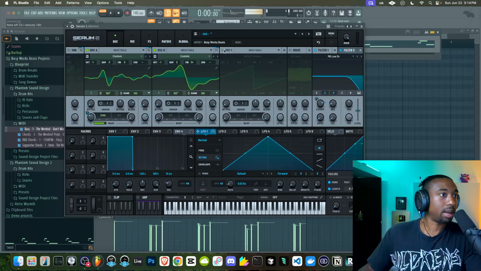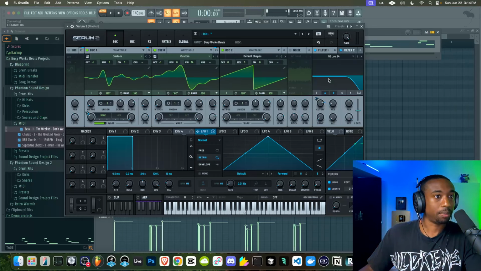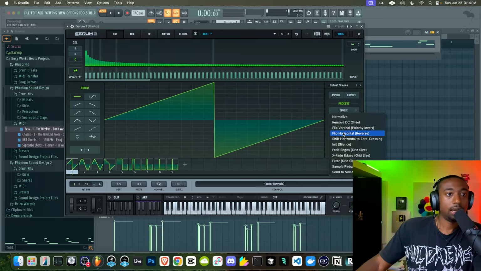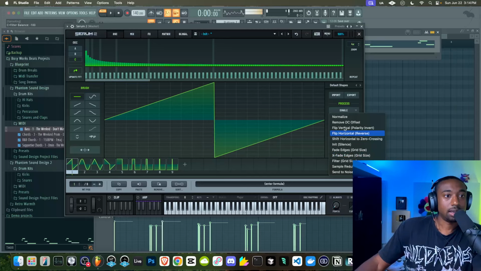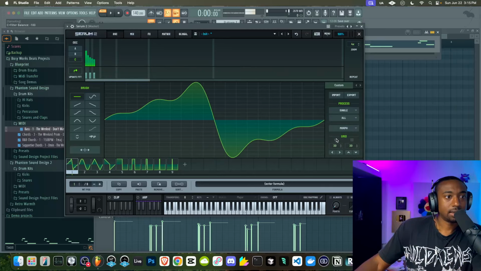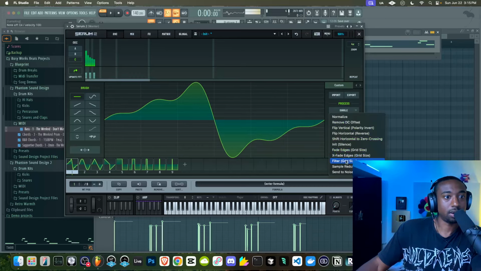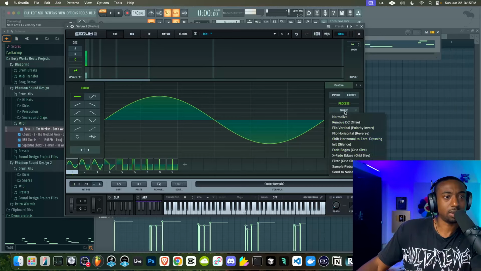Now Moog would have 3 oscillators, so let's add another oscillator here. Oscillator C. Let's go to edit, and let's just make small changes so that everything's not the same waveform. Let's do the same thing. Click the single process. Let's go to filter size, redux, and let's see what else we could do. Let's maybe lower the grid. I'm curious to see what it sounds like. It's probably too round, yeah.